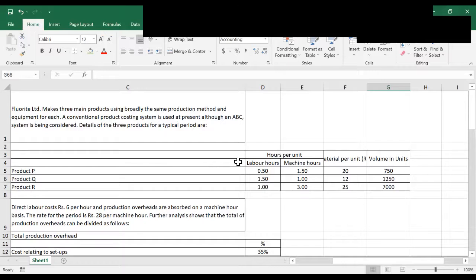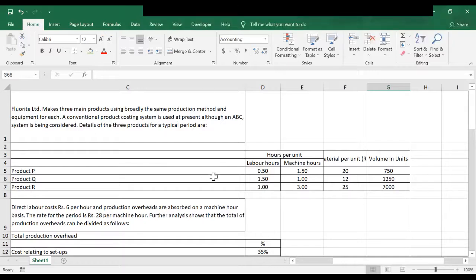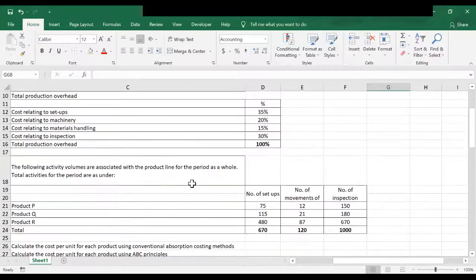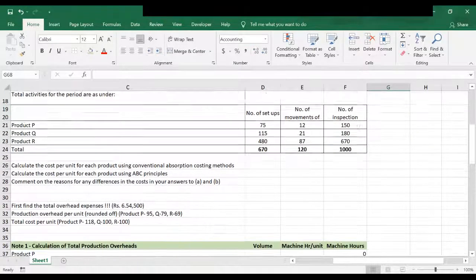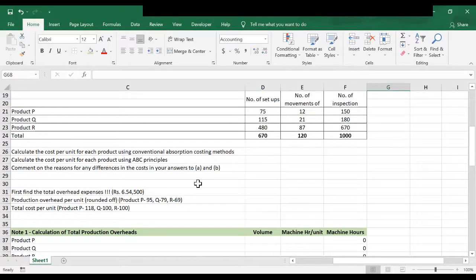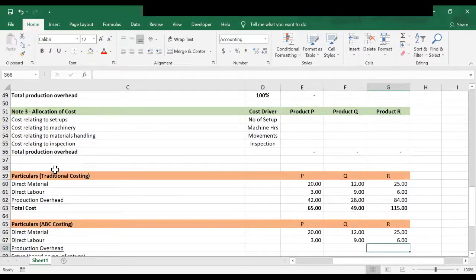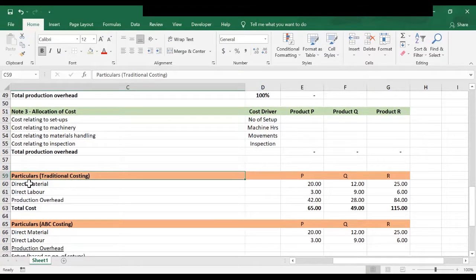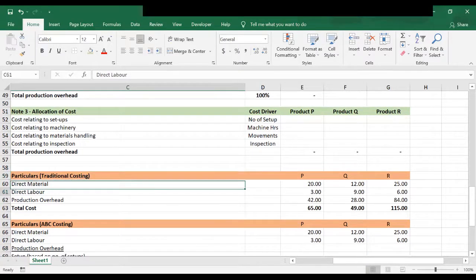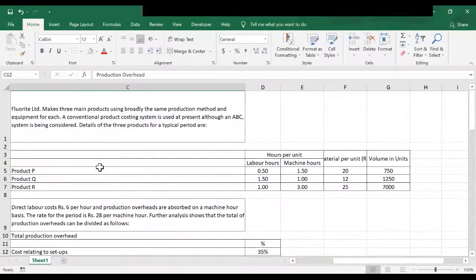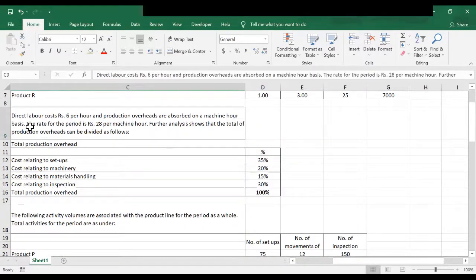So here I hope everyone has read the case and they know what the production overheads are. Okay, so I'll just quickly get started. Firstly, let's do the traditional costing. Traditional costing has direct material, direct labor, and production overhead. If you read this part, you can see that direct labor costs 6 per hour and production overhead is absorbed on machine hour basis, and the rate for the period is 28 per machine